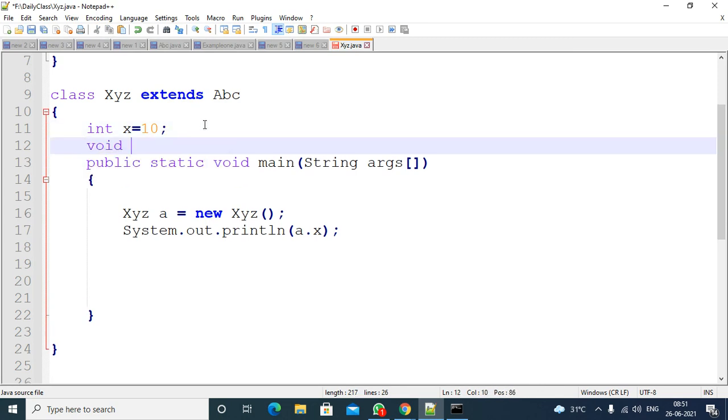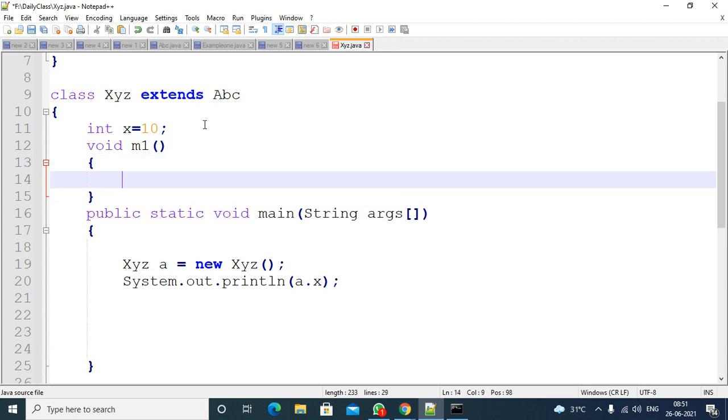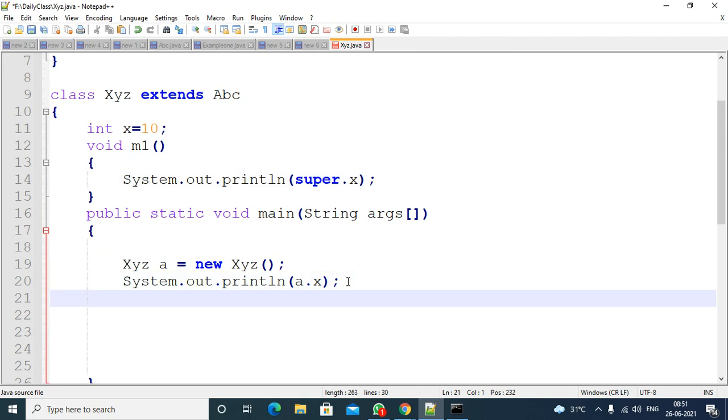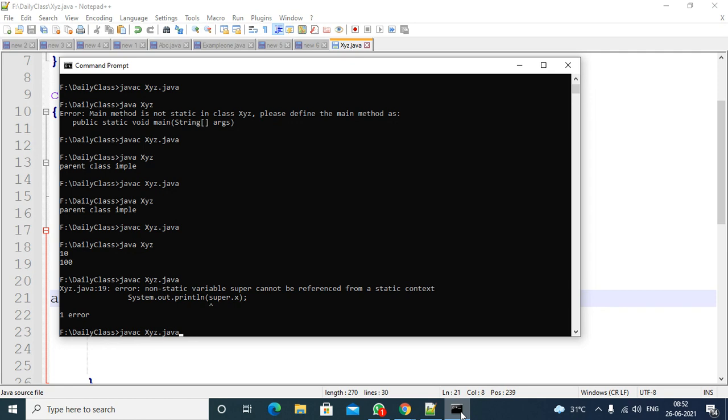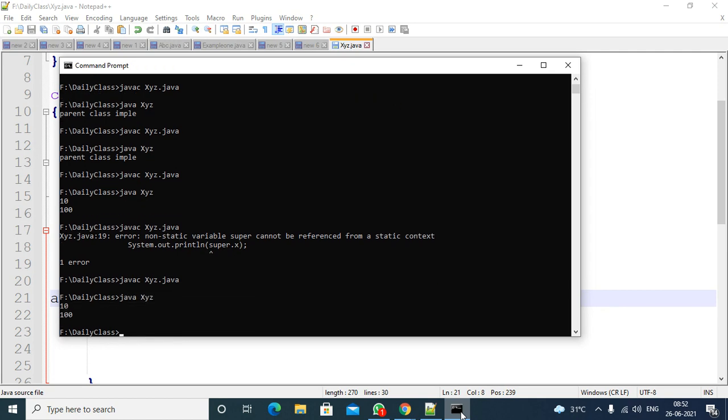Right. So I am writing an m1 method here. To call that method, I must have a reference for the m1 method. Compile the code, execute the code, you are getting both values: subclass value 10, superclass variable 100.